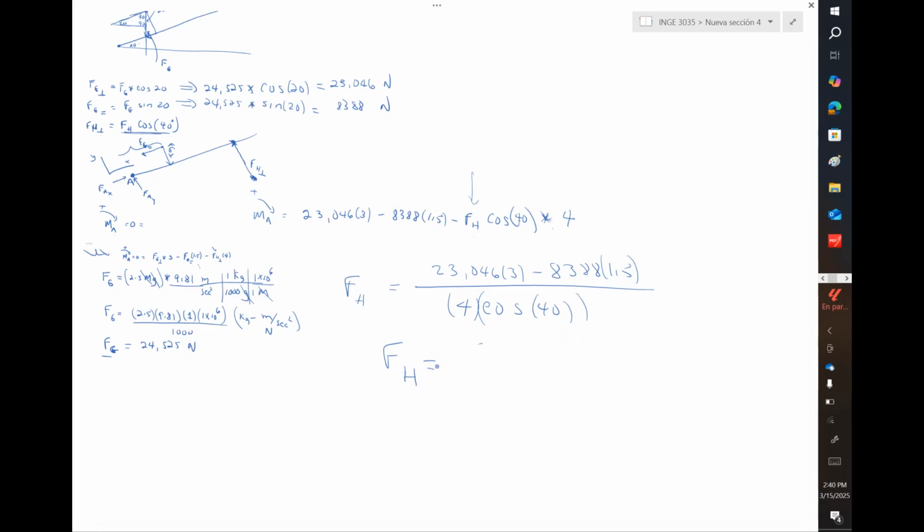So that's about 23,046 times 3, minus 83, that's about 56,556, and that number divided by 4 and by cosine of 40. So the result is